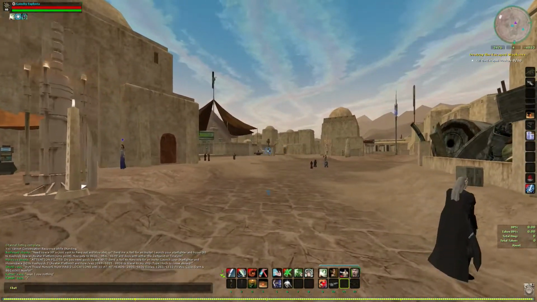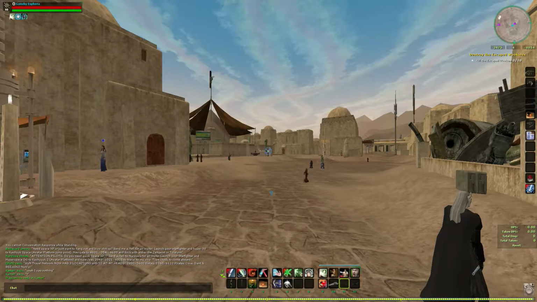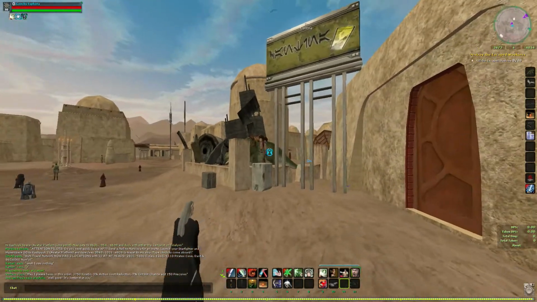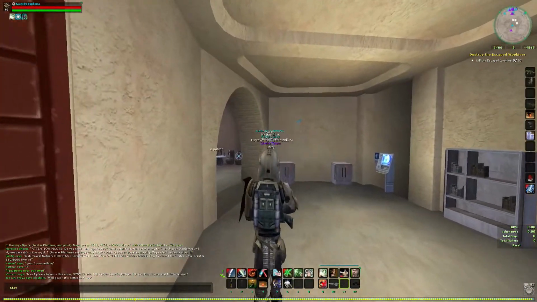The graphics, I was able to pull the screen out, the view distance, so it looks probably different than other people's gameplay videos, but this looks better to me. This is how I like it. And this is Mos Eisley starport right here, guys. So we'll just kind of RP, walk our way in,